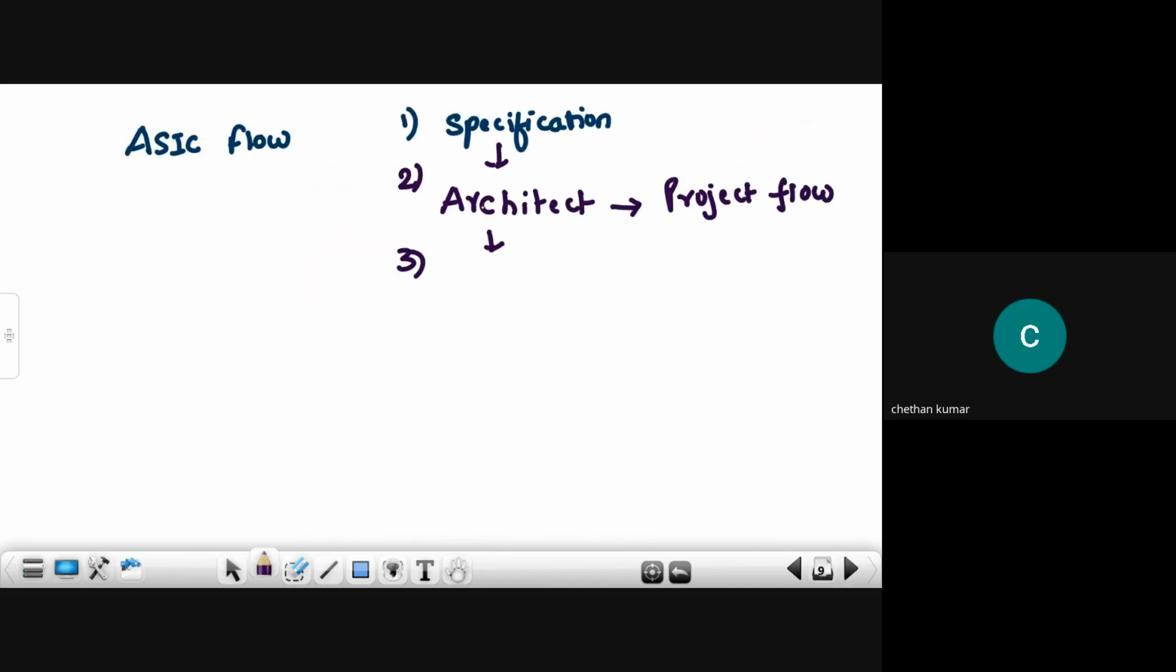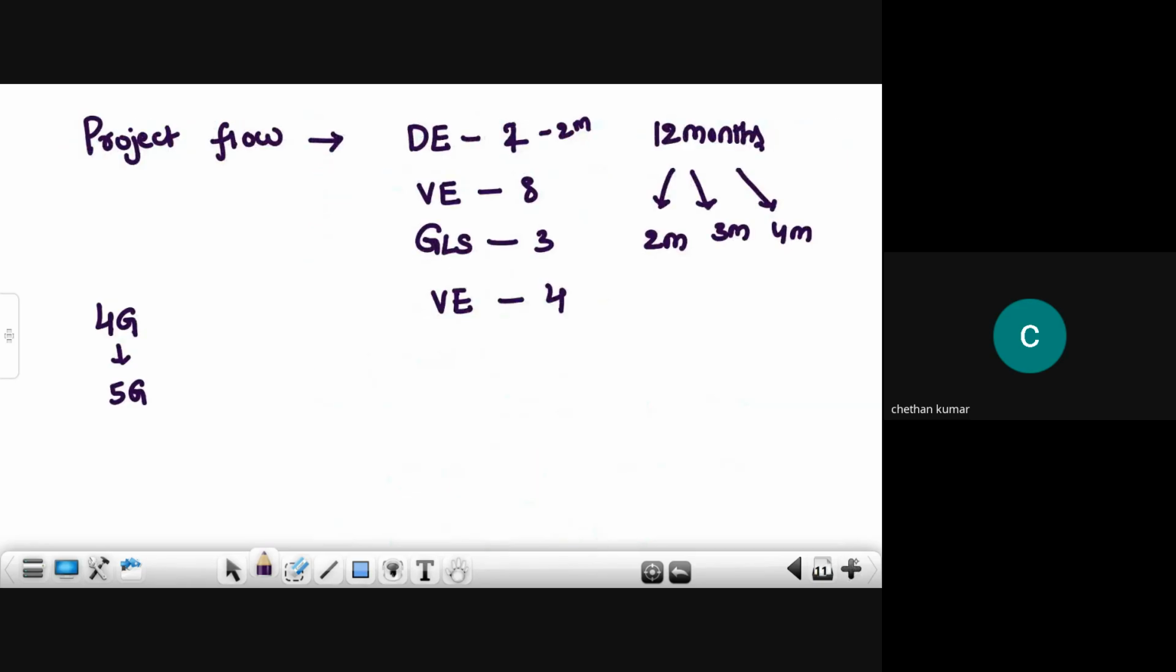Now once he gets the entire blueprint, that means how many design engineers are required, how many verification engineers are required, how many other engineers are required, and the time taken to do everything, now the design engineer will come into the picture. What this design engineer, or RTL engineer, is going to do is develop